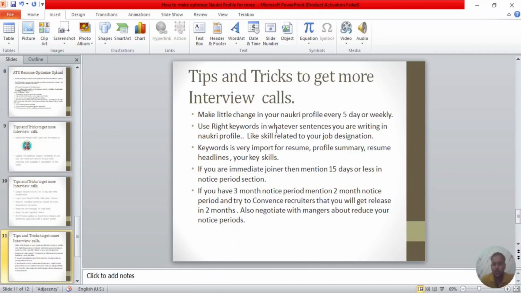Here also you have lots of tips and tricks to get more interview calls. So make a little change to your Naukri profile every 5 days or weekly. We already told you that Naukri mainly checks how active you are. So at least every 5 days make a little modification. You can modify your resume headline, your profile summary, your IT skills, or make a little modification